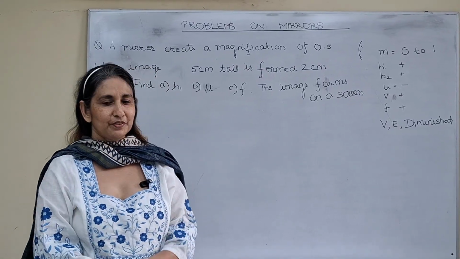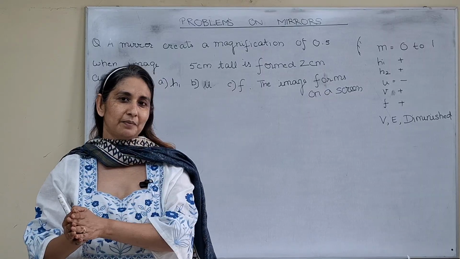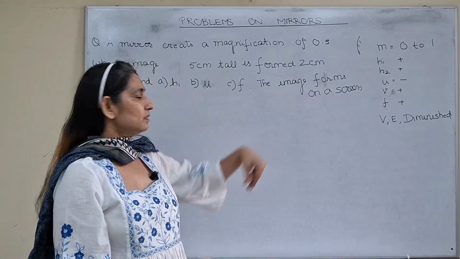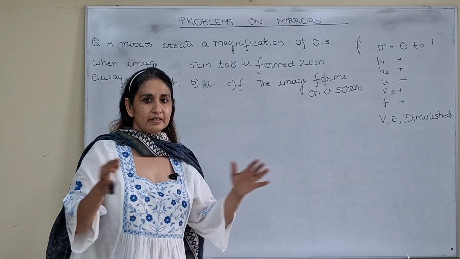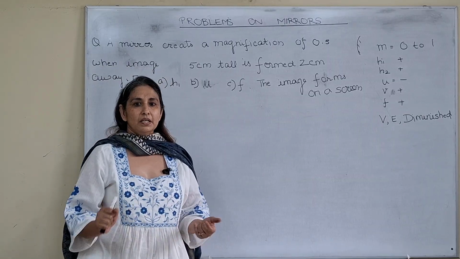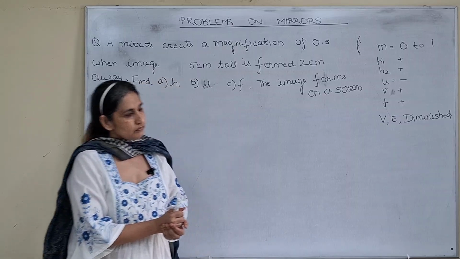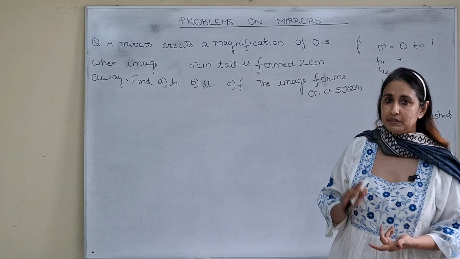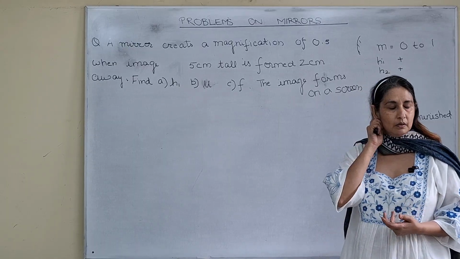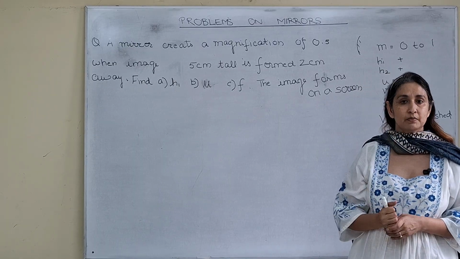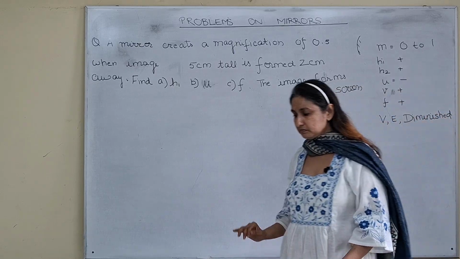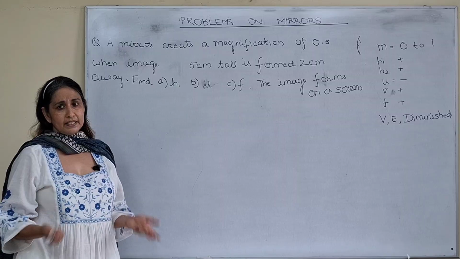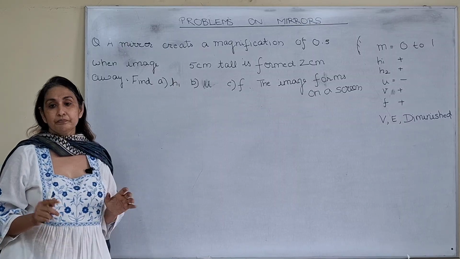I'm Ipsa. We are doing some mirrors and light chapters related numericals, based on mirrors only. Now, it could be a convex, concave, that we don't know, but it could be anything. By now I expect कि आप लोगों को बेसिक दो फॉर्मूलाज तो आ गए होंगे मिरर्स में. One is mirror formula, 1 by f is equal to 1 by u plus 1 by v. I have not written here because I just hope कि आपको आ गए हो. एंड एक मैग्निफिकेशन का माइनस वी बाई यू और h2 अपॉन h1.